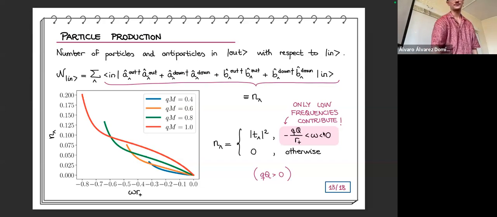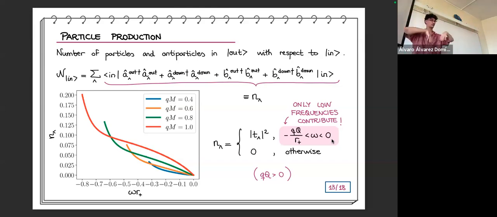So this magnitude is not 0 just in a very, very low frequency interval, which is exactly the same low frequency interval as in the classical counterpart for a scalar field. Do you remember? So in summary, with fermion fields we do not have classical superradiance. We do have classical superradiance with scalar fields, and only in a very low frequency interval, which is exactly the same interval of frequencies as here.